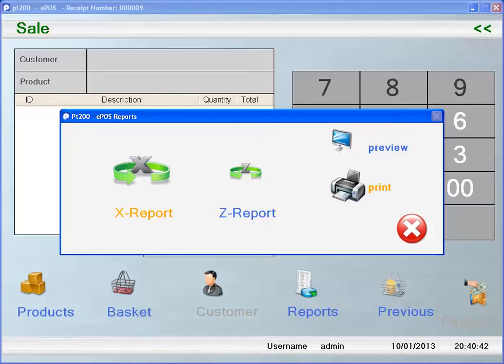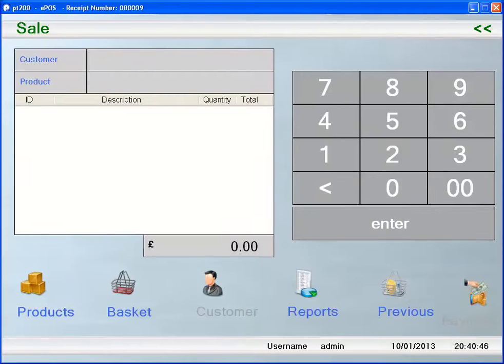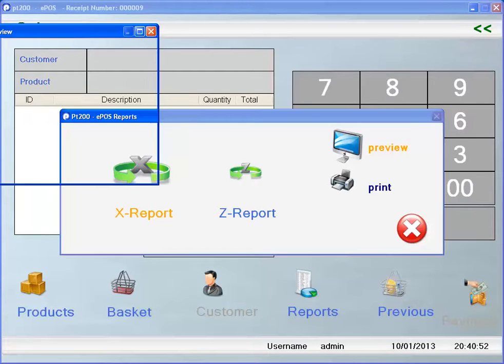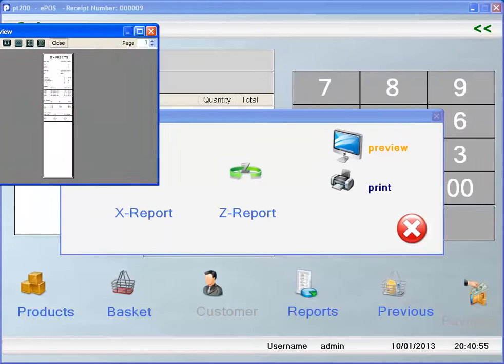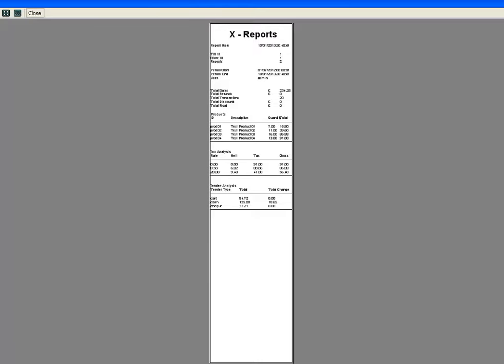So if we click the X report button, and unfortunately I printed that, so you're not likely to see that. So we'll leave it on preview and do the same report. So if we press X report and bring that into the center of the screen so you can see it, make it a little larger,